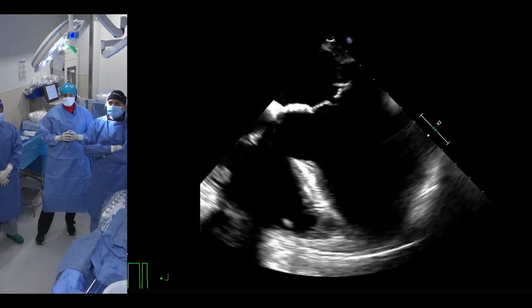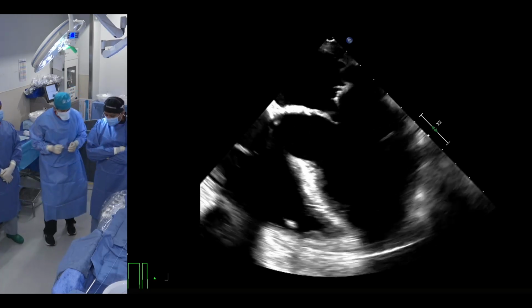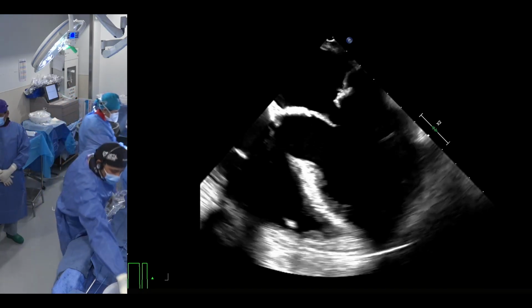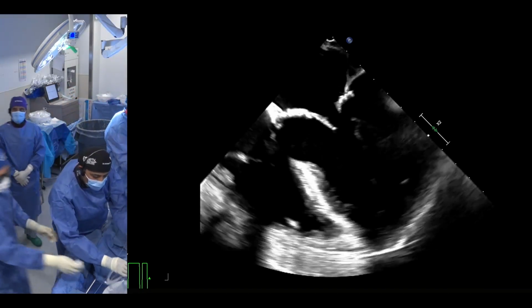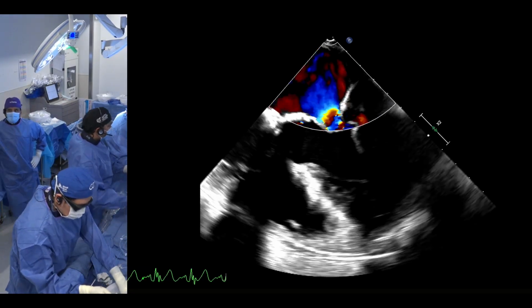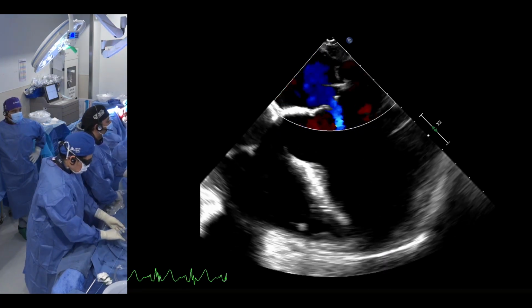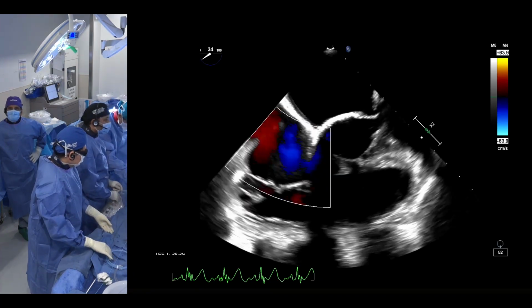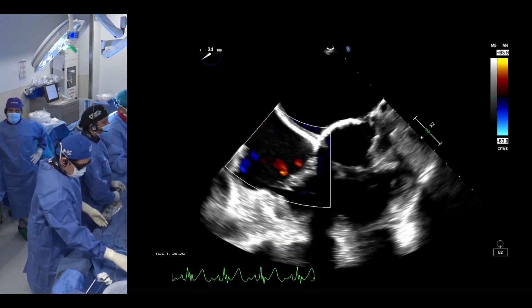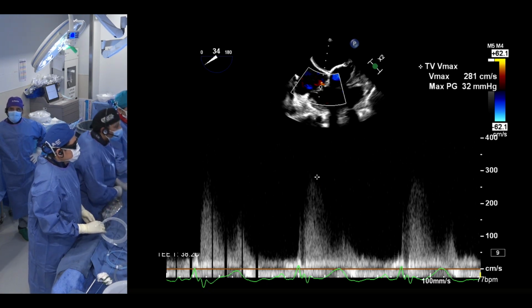I have our structural imaging fellow, Dr. Prati. As you can see here, normal LV function, 4-chamber view, you can appreciate the severe calcification of the mitral annulus, most likely because of the radiation of this patient. The RV function looks normal. As you can see here, severe mitral regurgitation, mild tricuspid regurgitation this morning, mild pulmonary hypertension, systolic pressure about 40 millimeters mercury,